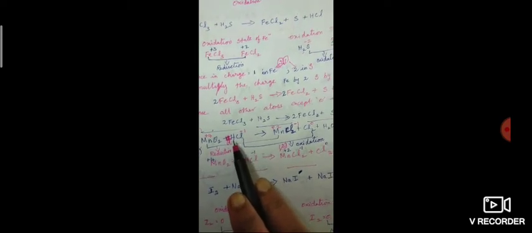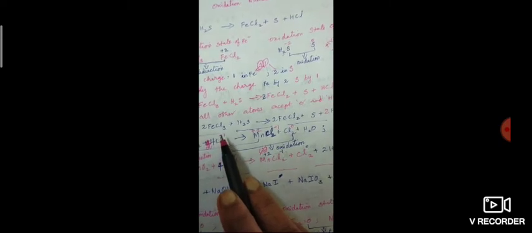Okay, this is the way you have to calculate the oxidation state. So now manganese +4 is reduced to +2, so it is reduction. Next look at chlorine. Here HCl is there. What is the oxidation state of chlorine? -1, because hydrogen is +1, so chlorine is -1. And the oxidation state of Cl in MnCl2 is also -1. So there is no change in oxidation state, so this has not undergone reduction or oxidation.